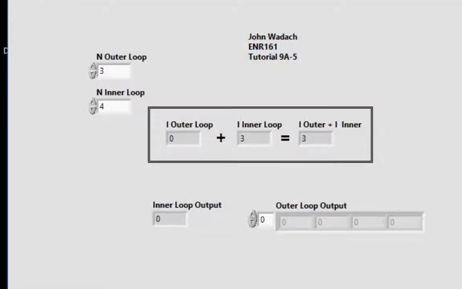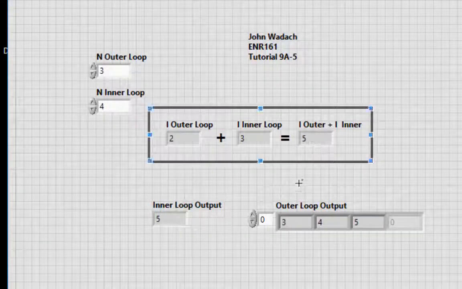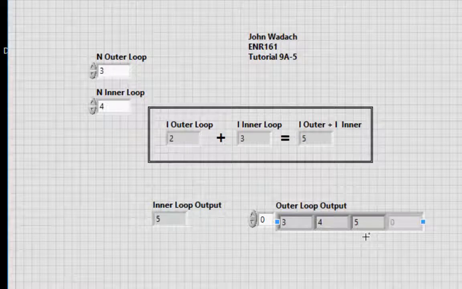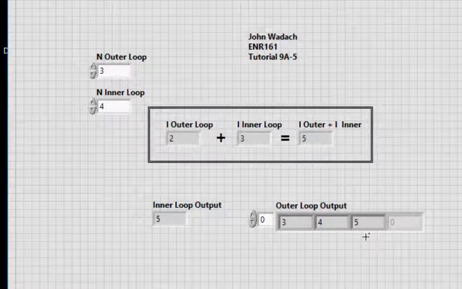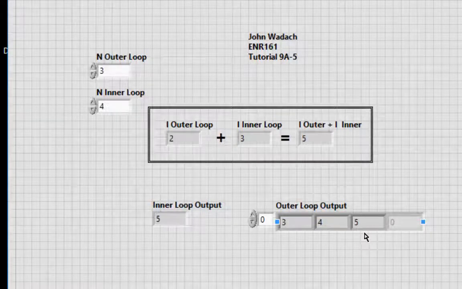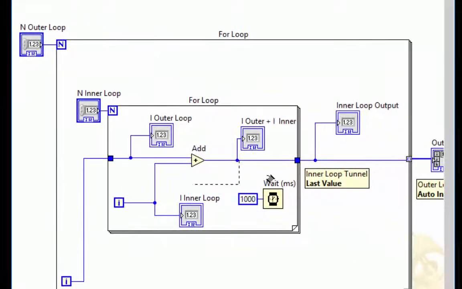Okay, so it's generating new things. Now notice 3 was the last thing that got created because we're sending the output of the outer loop. So you see that the output of this thing is you're just going to get a single array being created because the inner loop is going to have 4 values that it produces, but it's only going to send its